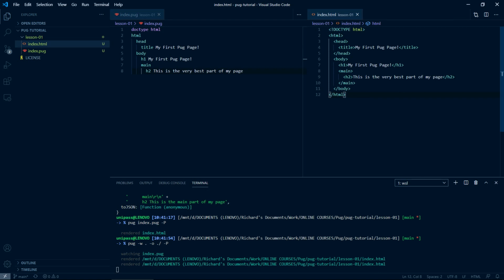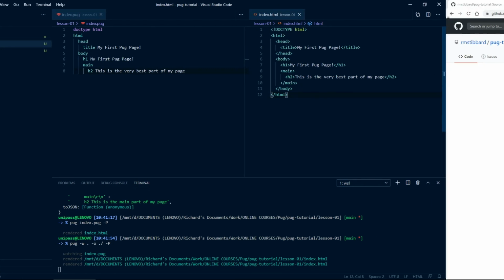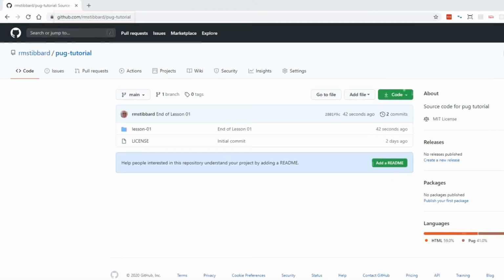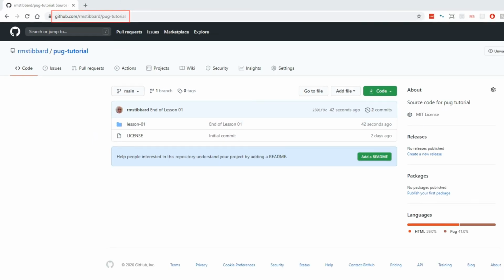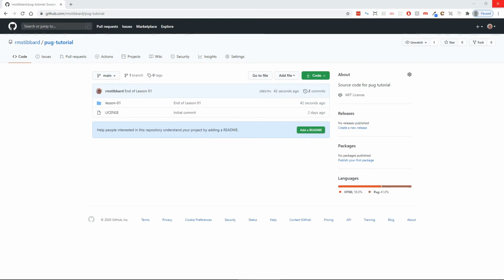Now a word about the source code for the project. If you go to my GitHub repo for the project, the address is in the video description below the video, you'll find all the source code in its final version at the end of the project. You can clone that to your local machine or save it as a zip file and download it. But at the end of every lesson, I also provide a link to the source code as it is at that particular moment in the course, and you can copy from that or download the files at that stage.